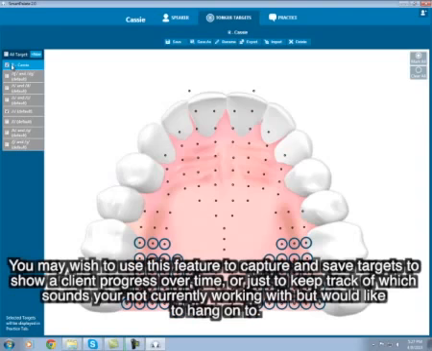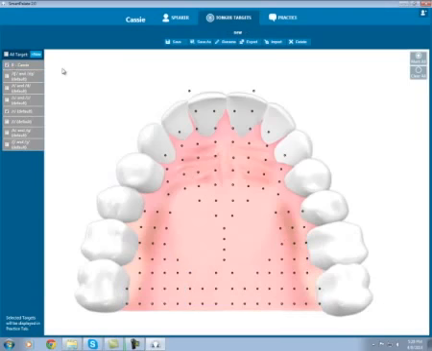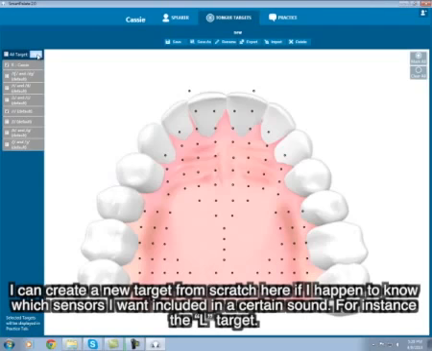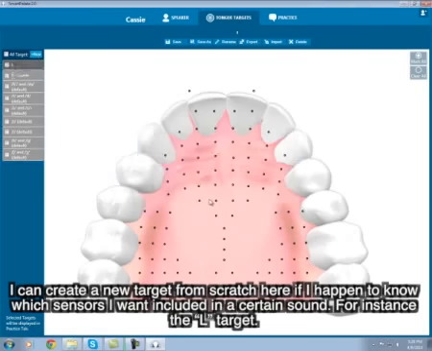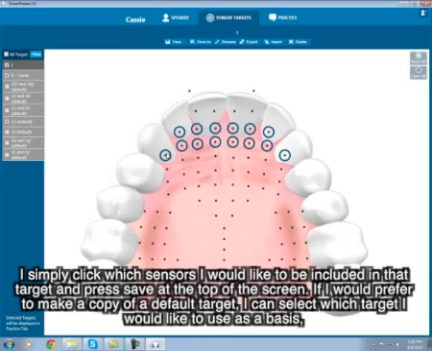You may wish to use this feature to capture and save targets to show a client's progress over time, or just to keep track of which sounds you're not currently working with, but would like to hang on to. I can create a new target from scratch here. If I happen to know which sensors I want included in a certain sound, for instance, the L target, I simply click which sensors I would like to be included in that target